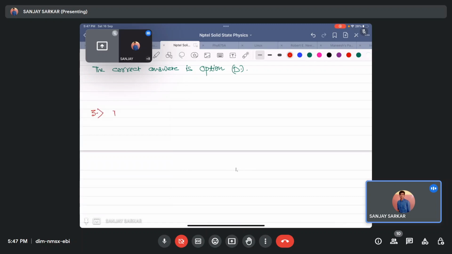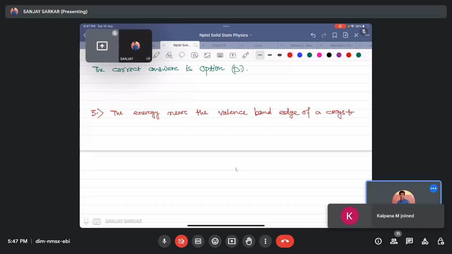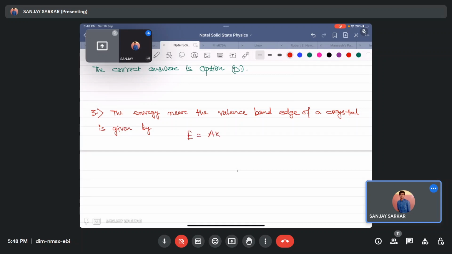So the energy near the valence band of a crystal is given by E equal to minus a k square,